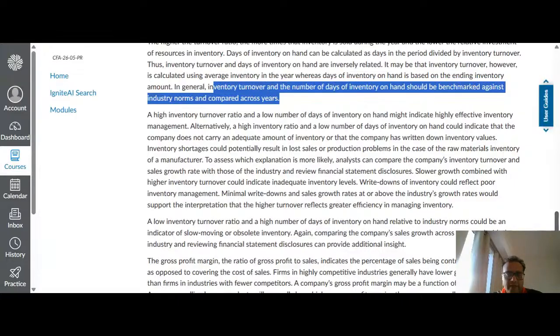If your inventory divided by sales is high, or the number of days of inventory you have left is high, it means that your growth rate, let's say your sales, is slower in the market, or your product has become obsolete. Again, comparing the company's sales growth across years and with the industry and reviewing financial statements can provide additional